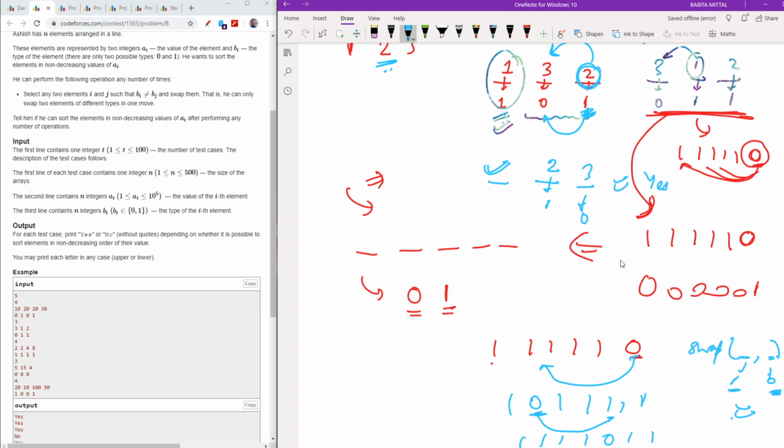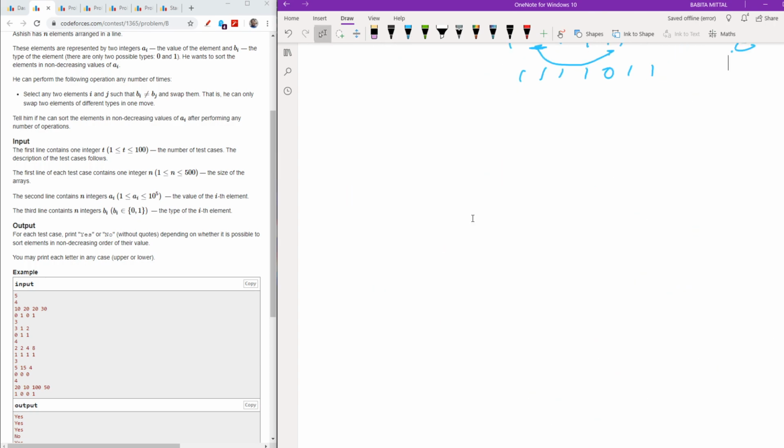So let's take a harder example now, which means let's take the last example. Suppose 4, it is 20, it is 10, it is 100, it is 50, with bits 1 0 0 and 1. Now as you can see, in the sorted position it should be 10, 20, 50 and 100. So what should happen is that this should come in the first position, and as you can see, it is 1 and it is 0, so it can be swapped. According to our logic also, it is able to swap, because it has at least one 1 and at least one 0. So our answer should be yes.